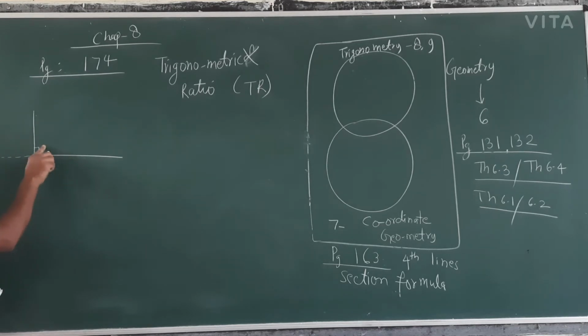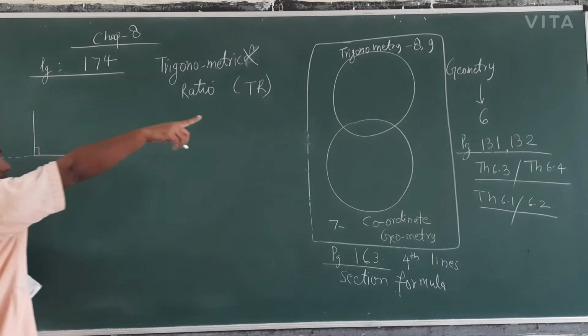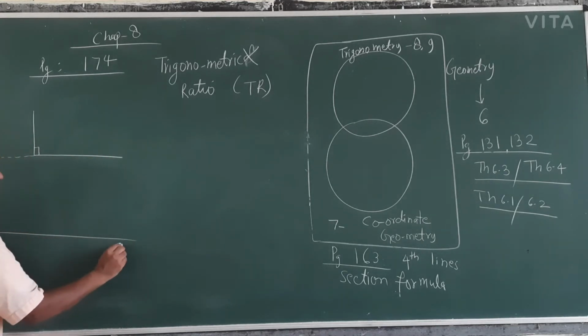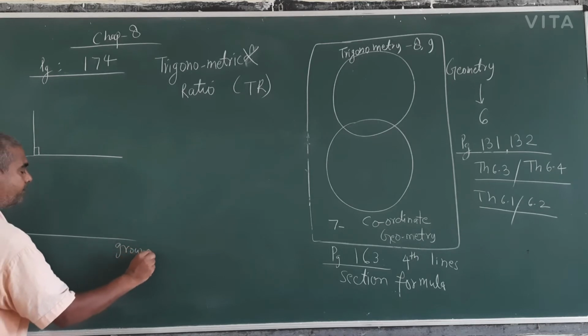This is the ground, so this will be the building. This will be the tree. This will be any temple, any minar, any chimney. This will be the ground. So in chapter number 9 you will find it. Chapter number 9, suppose this is the ground, and